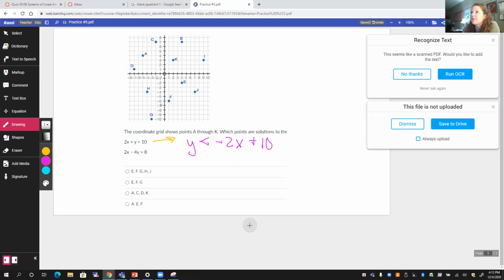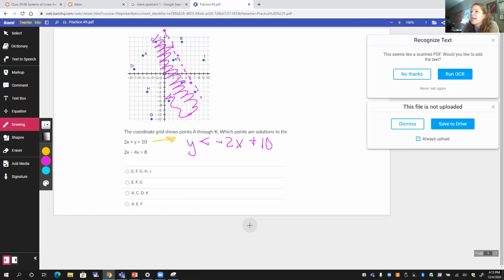And then when I graph it, I'm going to come up here, +10, and then I have a negative slope, so I would go down 2, right 1, down 2, right 1, down 2, right 1. Anyway, I think I messed up. But it's a dashed line,